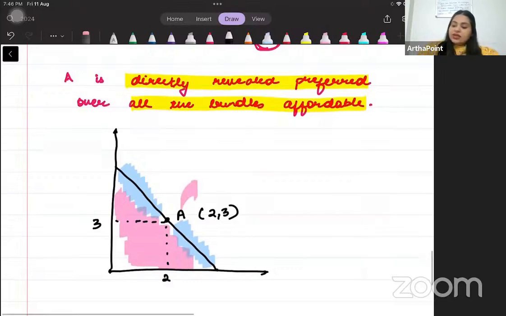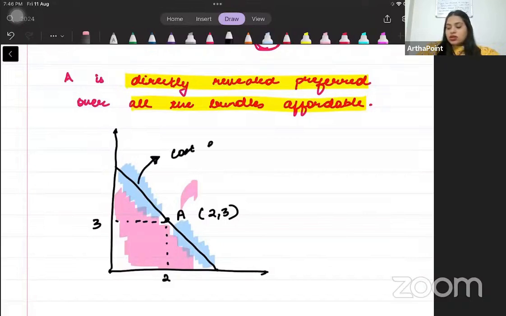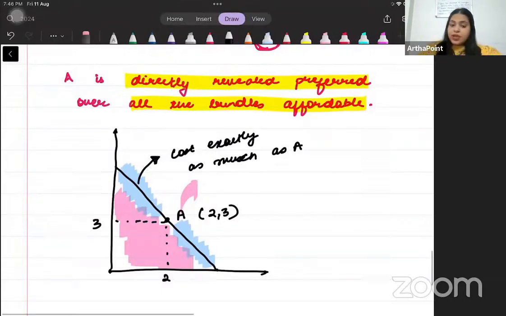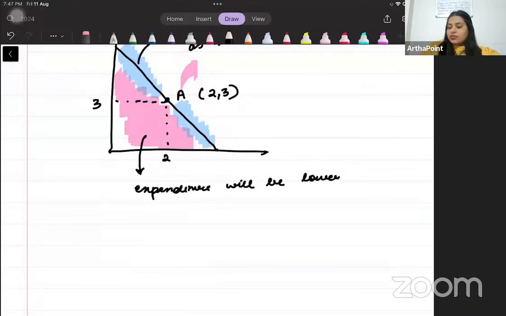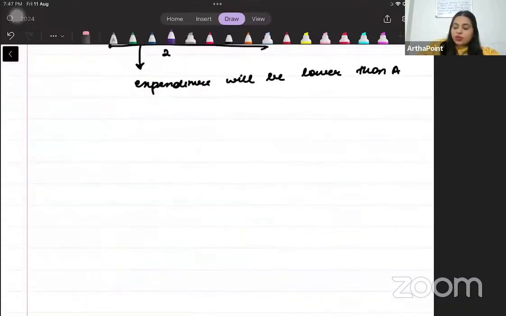So beta, any other bundle on the budget line will cost exactly as much as A. Your expenditure will be the same because it is on the budget line. And any bundle below the budget line, your expenditure will be lower than A. So what have we got? Suppose I give you a bundle